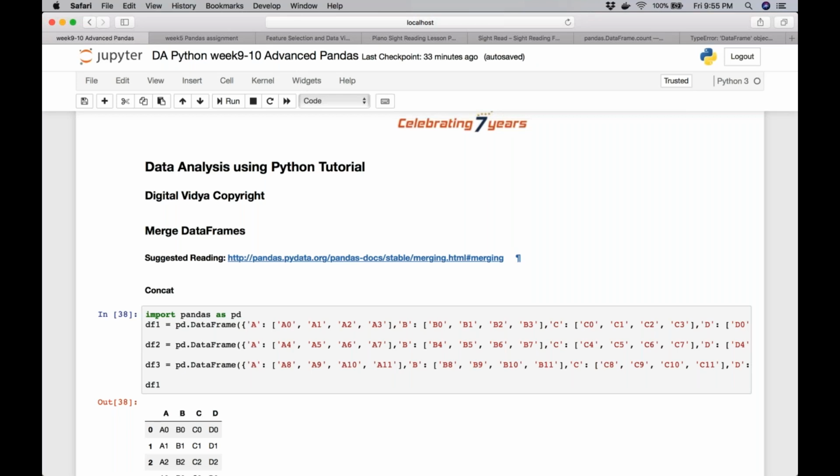Does anyone remember how you join NumPy arrays? We talked about that when we were in the NumPy topic. If you have two NumPy arrays and you want to join them horizontally or vertically, how would you do that?